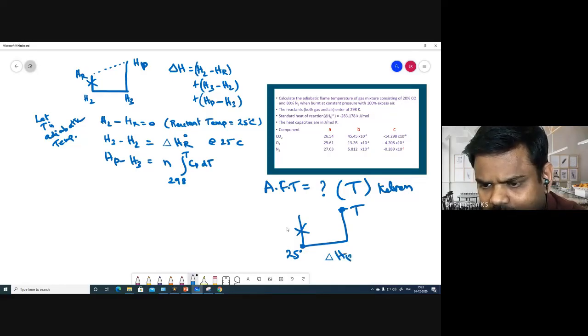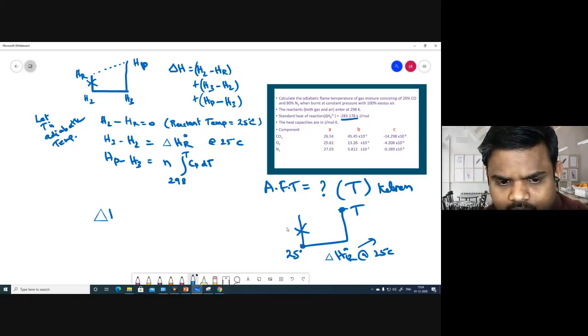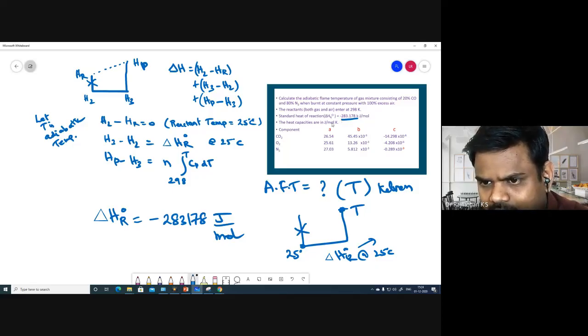We have delta HR naught at 25 degrees Celsius given as minus 283.178 kilojoule per mole. I am writing minus 283.178 without kilo,